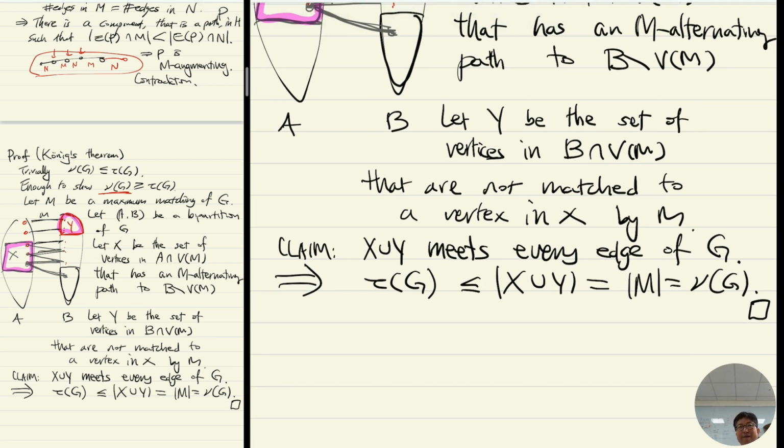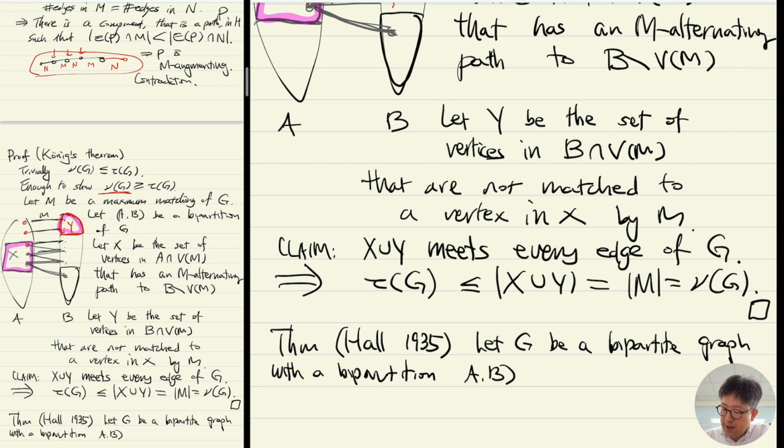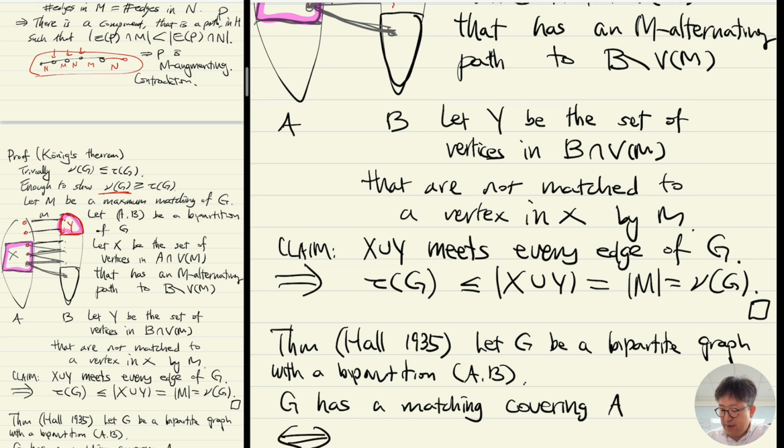All right. Now, as a corollary of Kőnig's theorem, we can prove the so-called Hall's theorem. Let me state Hall's theorem, which is actually quite well known. Hall is a British mathematician. Hall's theorem concerns the case when you have a matching covering one side. Let G be a bipartite graph with a bipartition A, B. Then G has a matching covering A if and only if